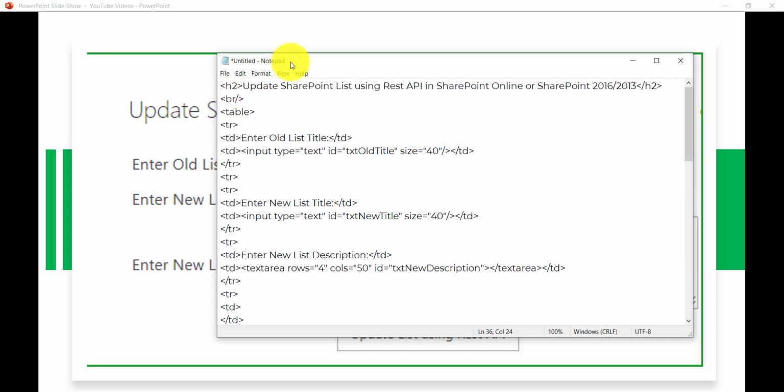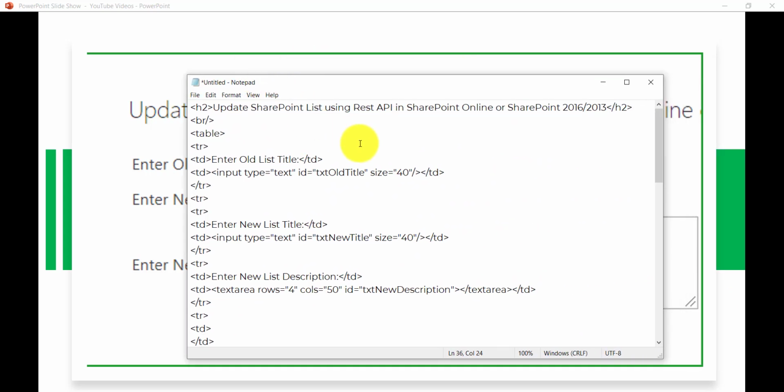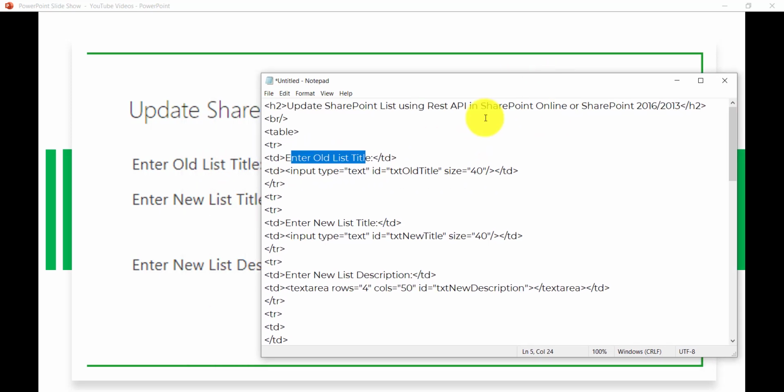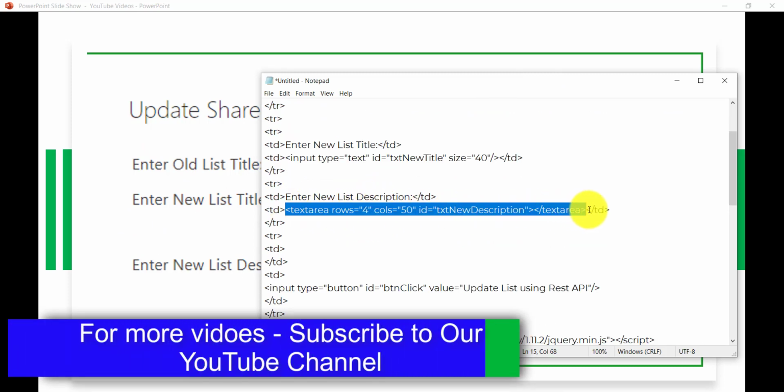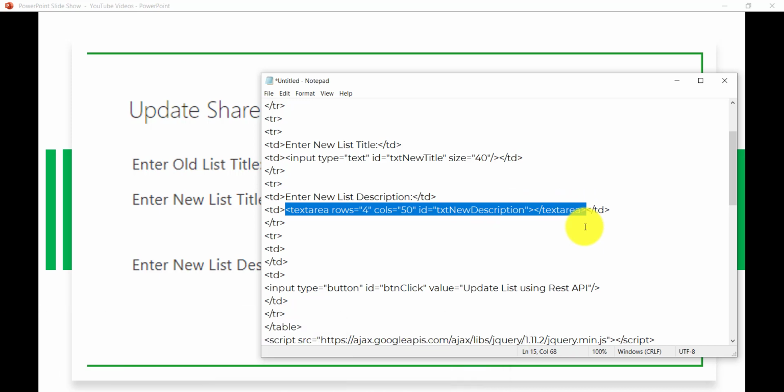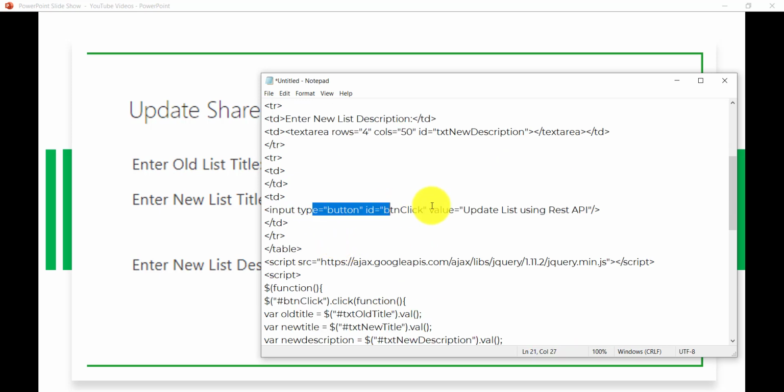So if you'll see here, you can see the diagram as well. Here we will play with some HTML controls and jQuery obviously, and then we will use our REST API code to communicate with SharePoint. Now I have taken a tabular structure. So I took a table, and then I have taken the input box. This is just to show the description on the left side. You can see here this description, and then I have taken a multi-line text box so that user can enter a description. For that we have taken a multi-line text box, and this will be a text area control on HTML. And then I have a button, and the button ID is button click.